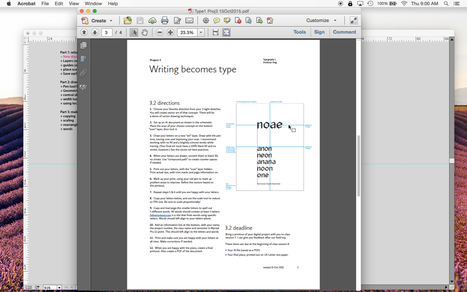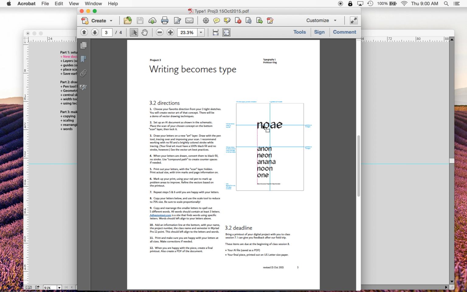And this guideline divides this top half in half again. So we'll have quarter of the height, half the height. We're going to put our letters that we draw at full size centered in the top half, so centered on these two guidelines. And then once you have completely drawn and proofed and you're very happy with your 4 letters,